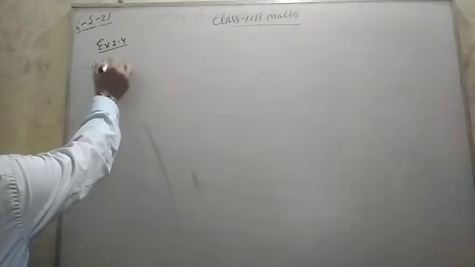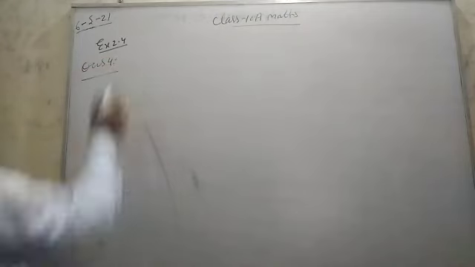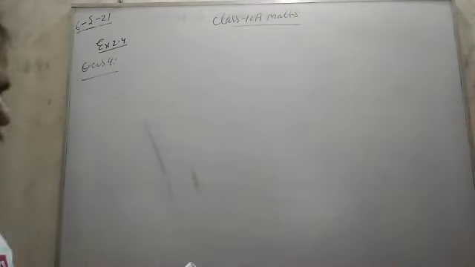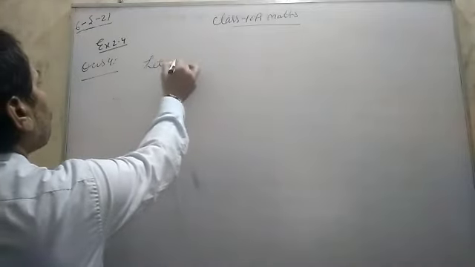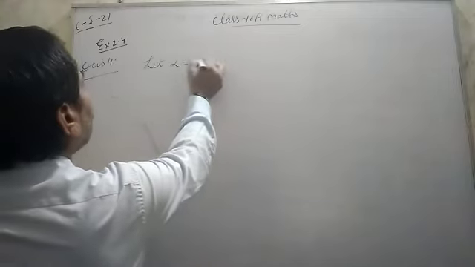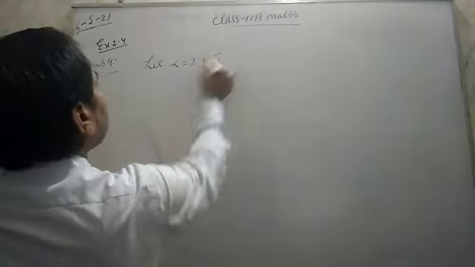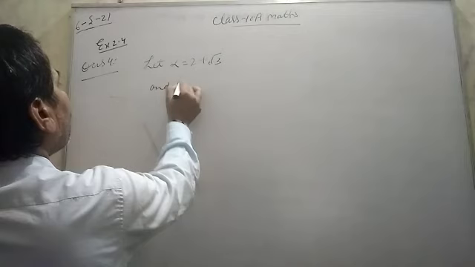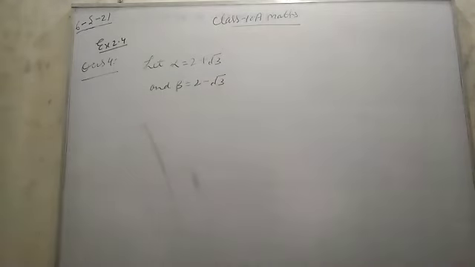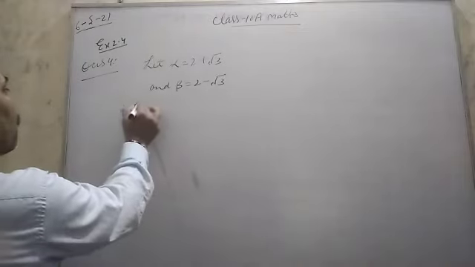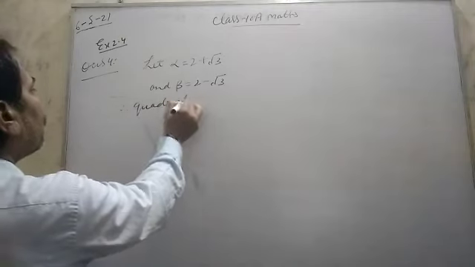Question number 4. If two zeros of the polynomial are 2 plus minus under root 3, let alpha be equal to 2 plus root 3 and beta be equal to 2 minus root 3. Okay. So first you find the quadratic polynomial. So therefore the quadratic polynomial